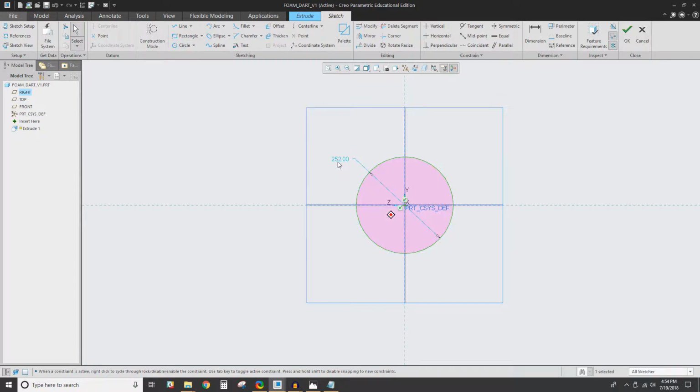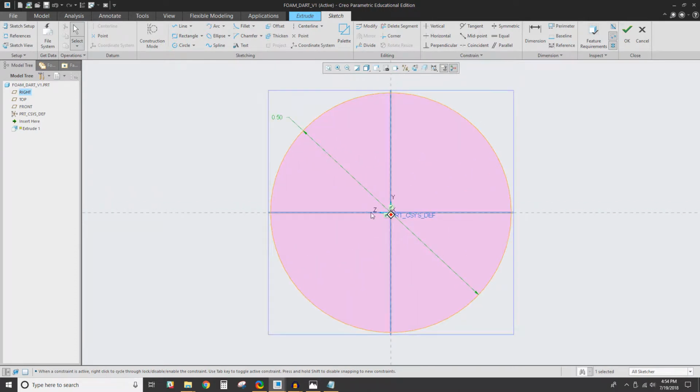Like that. As you can see, it started you with a very large circle. Most Nerf darts that I see are not 252 inches in diameter. They're 0.5 inches in diameter. So in order to edit that, double click on your dimension and enter in 0.5. As you can see, we have the outside of our circle done. Now create the inside of your dart, which is 0.275